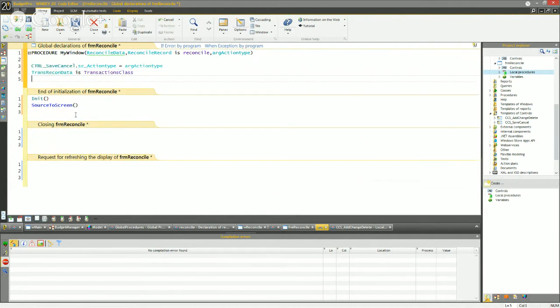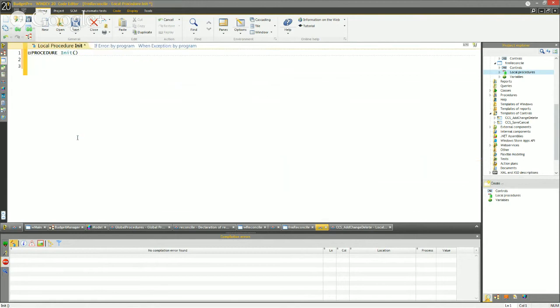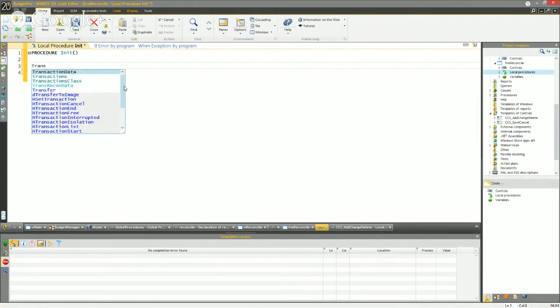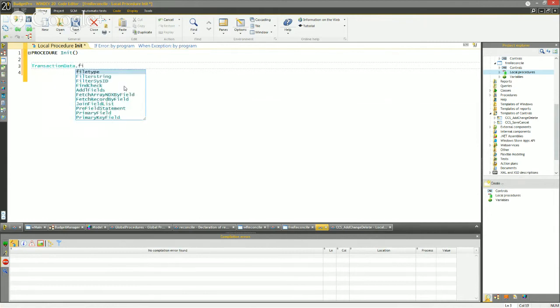Okay. Now, the only thing I've done there is redeclare the transactions class so I could go ahead and pull all of that data without affecting the other data. The only things I want are anything that's not cleared or not been reconciled. That's what I want out of the reconciled data. That's it. So now I've got that done. I've got to go get those records. Okay. And I'm going to do transaction data filter string build